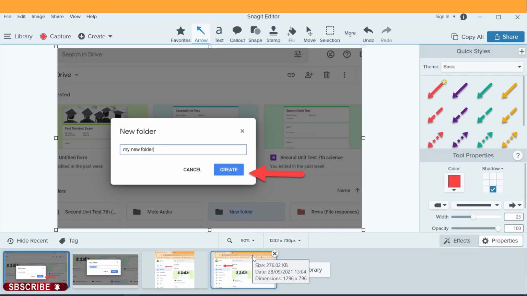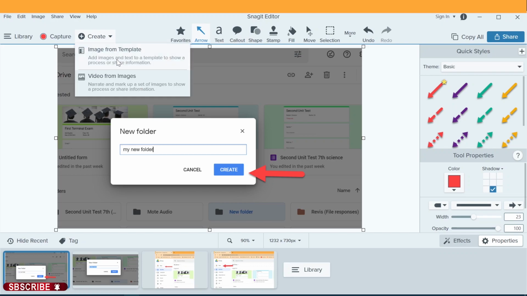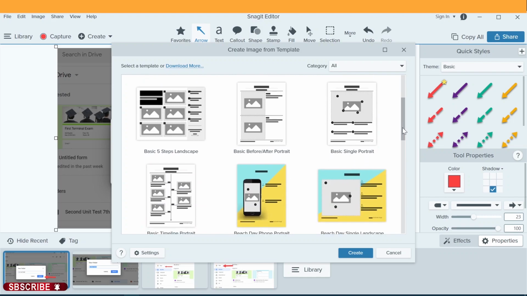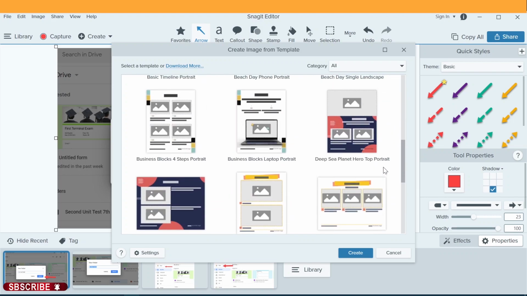Perfect. Now we have our 4 images. Now how do we turn this into a visual guide with Snagit? Well, at the top we have a create button. Just click on the arrow. Here you will get an option of image from template. Just click over there. Here you will get different types of templates, that is 2 step, 3 step, 4 step. Just choose one template that you like. So we are going to choose one template. I'm going to choose this business block 4 steps portrait